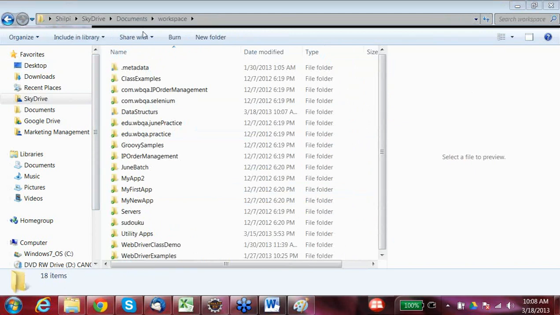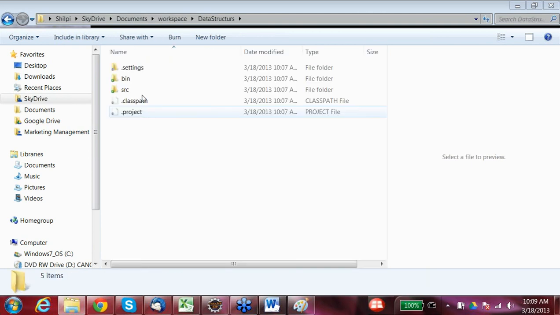When I started the Eclipse, although I have been using Eclipse for long, my workspace has been defined to this particular address, C Shilpi SkyDrive Documents Workspace. In Workspace, when I created the data structure project, it automatically created a data structure folder here.